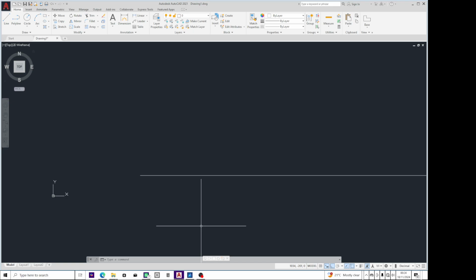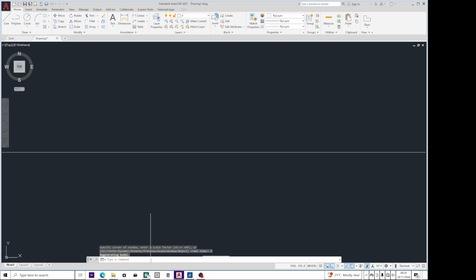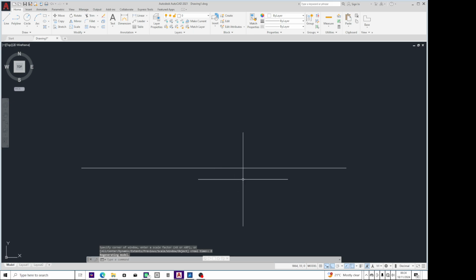What I will do is type Z for zoom, enter, then E for zoom extent, so you have it on screen. So that is our line,